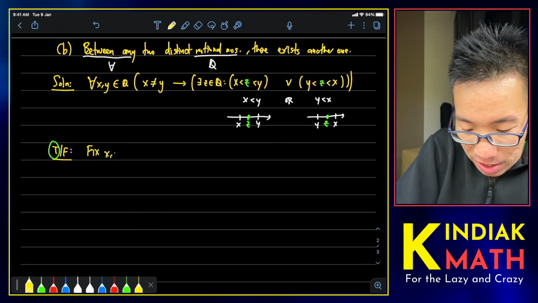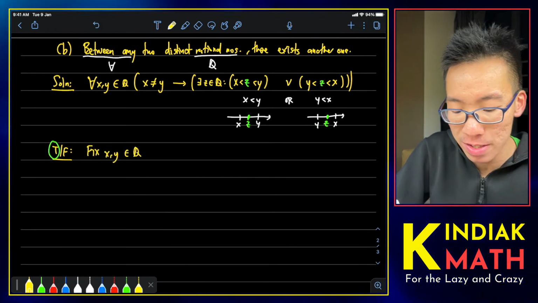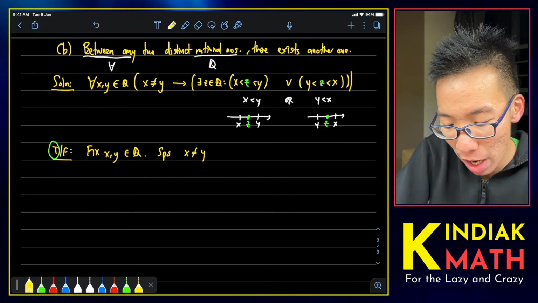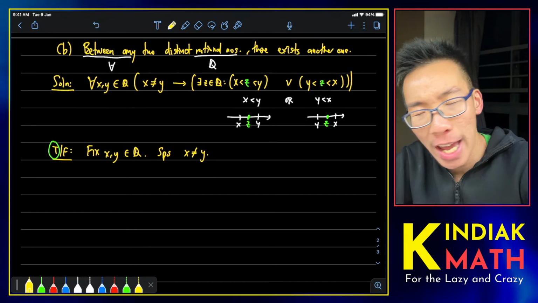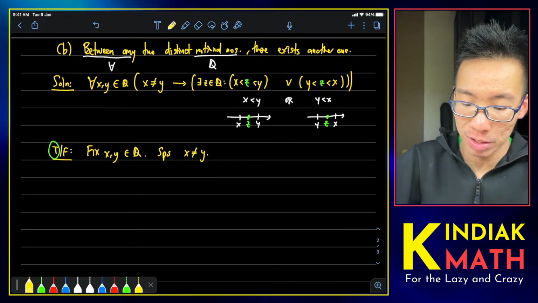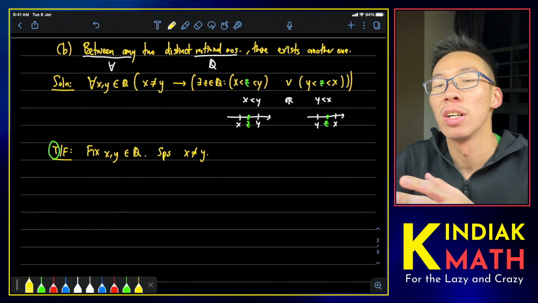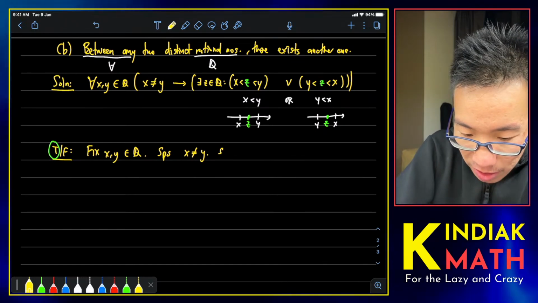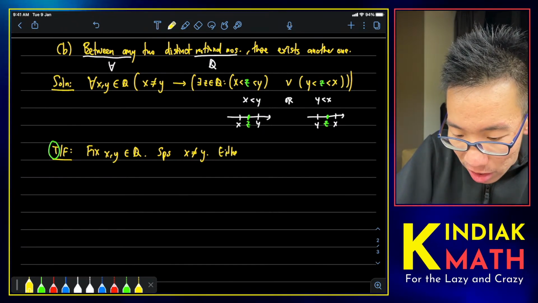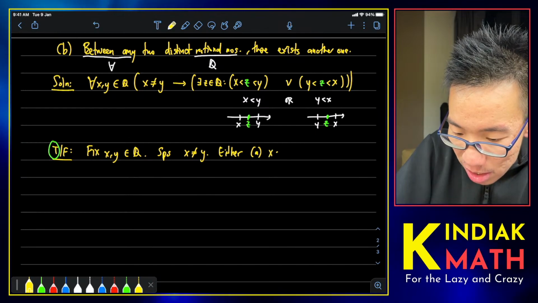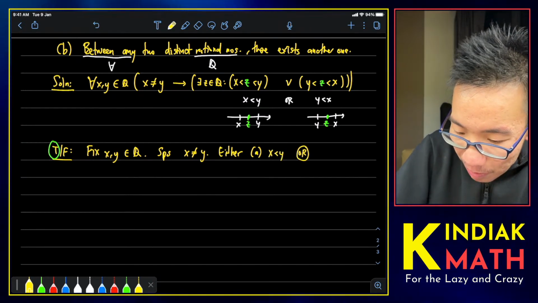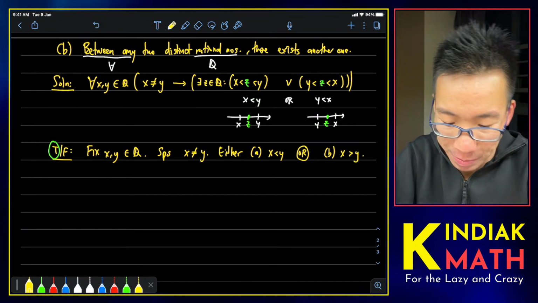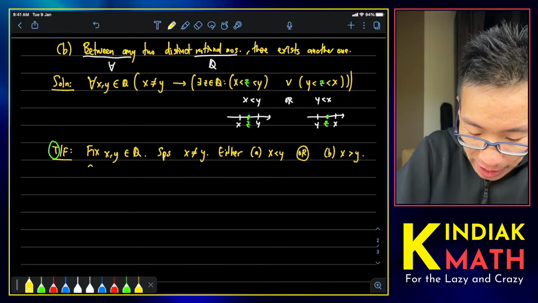Fix x, y in the rational numbers, and suppose x is not equal to y. And we actually need to check two cases, right? We need to check whether x is smaller than y or x is bigger than y. Then suppose, well, either x is smaller than y or x is bigger than y. So for case A,